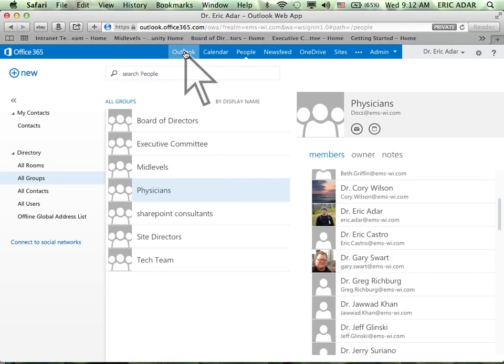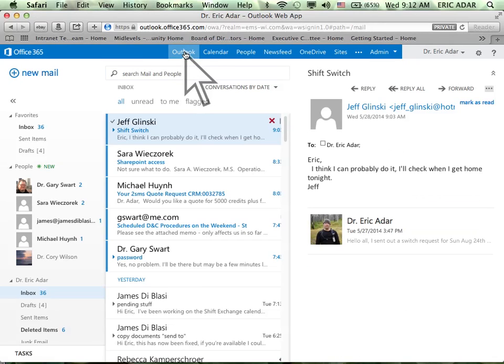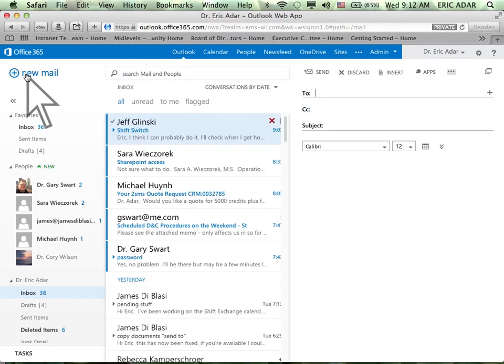I'm going to go to the email application, which is Outlook. And I think one of the simplest things we're going to need to do is to send an email to say all the physicians or all the mid-levels. And at this point, we're going to stop going through Sarah to do that. We're going to do that independently. So if I want to generate a new email, beforehand, we didn't have any group set up. So if you wanted to send an email to all the docs, you needed to somehow collate everybody's personal information. At this point, if you click docs,